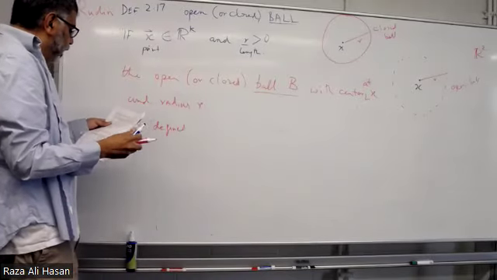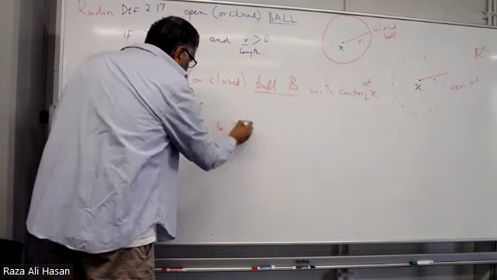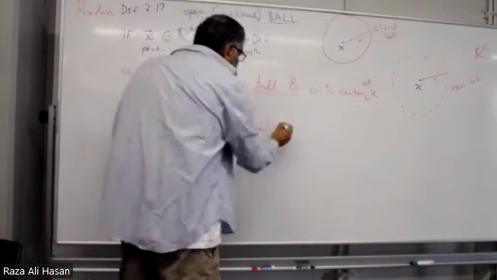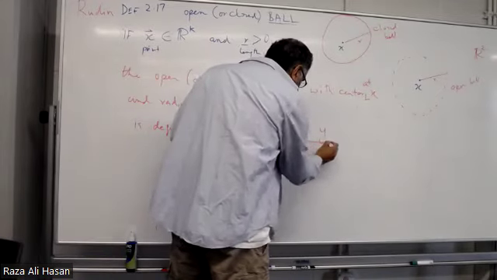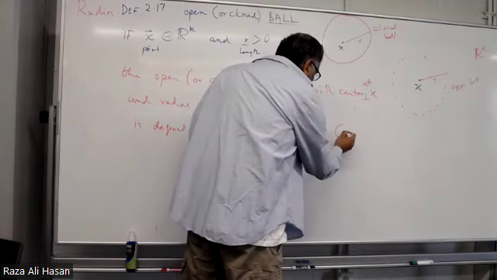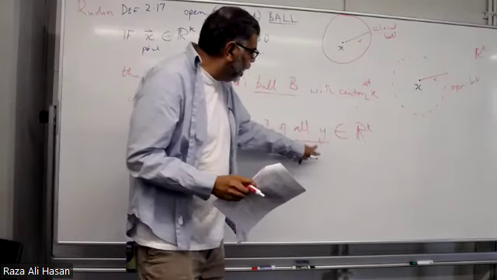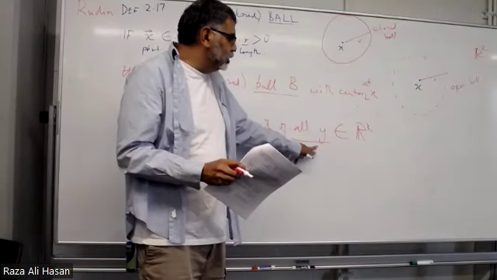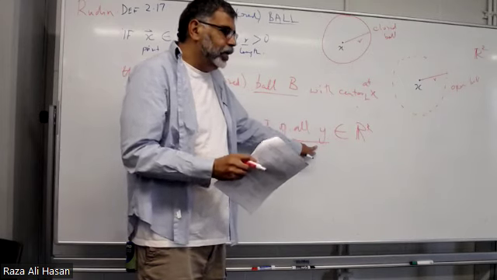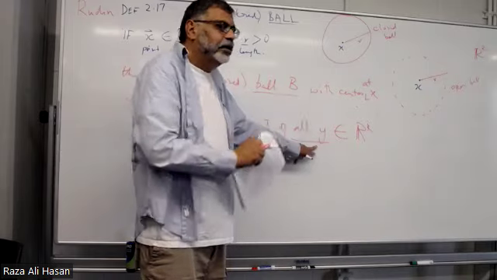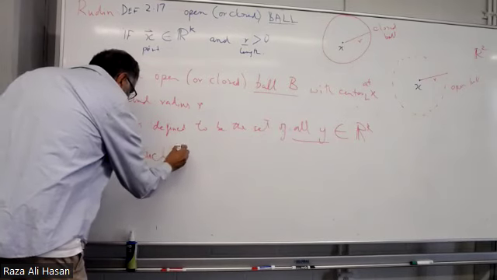So it goes on to say, it is defined to be the set of all y that belong to Rk. So this y could just be a number on a real line. This y could be an ordered pair. This y could have 3 coordinates, all the way up to k coordinates, right? Okay, such that, and the key definition, such that